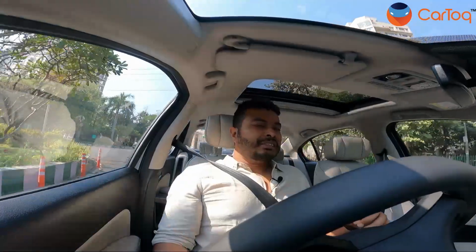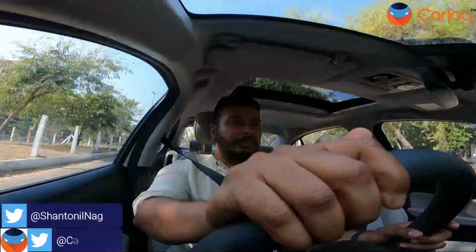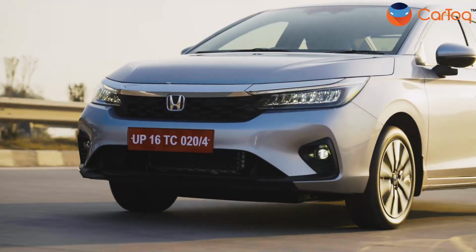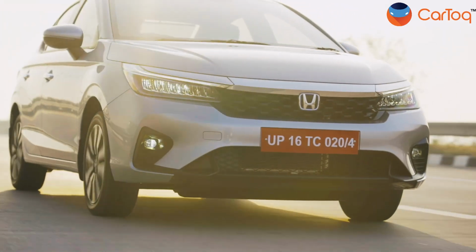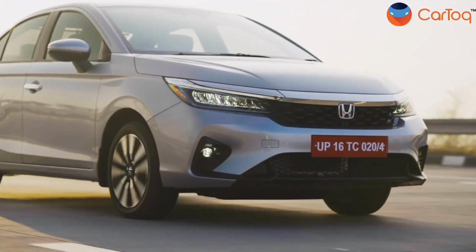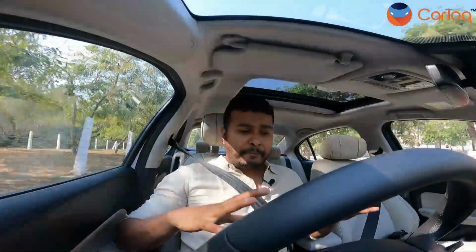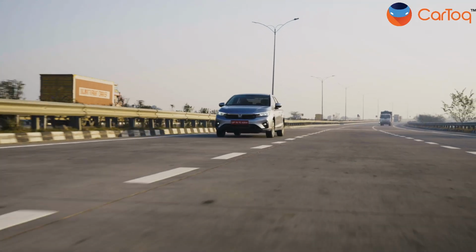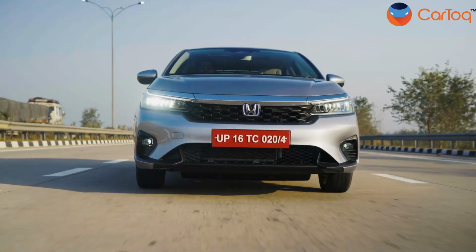So get the new Honda City and you will enjoy the turns, you will enjoy the straights, you will enjoy the steering feedback, you will also enjoy the stability and the comfort of this vehicle. Overall, the Honda City e:HEV remains very similar to the older car. However, it has improved a lot in terms of features. But if you're in the driving seat or want to enjoy the comfort, they remain exactly the same as before,